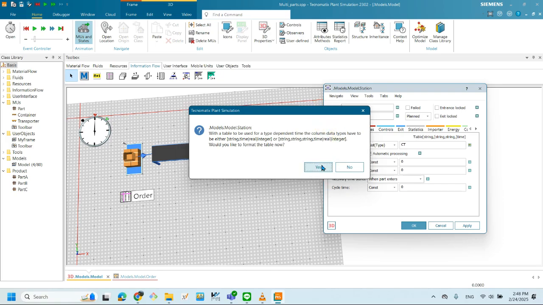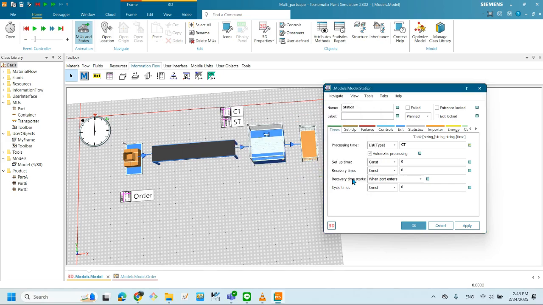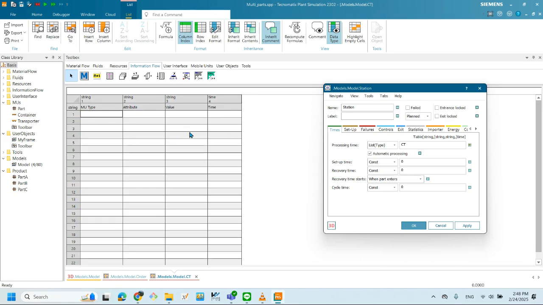Okay, I show you. This error box you just pass by clicking yes, right? Yes, pass by yes. Okay, right now the table is changed. The format is on the station, the parameter in the station at the processing time. Right? Okay, double click on the SC. Right? Here the table fills column by column. Right now it's changing. Right? It was changing right now. Okay,